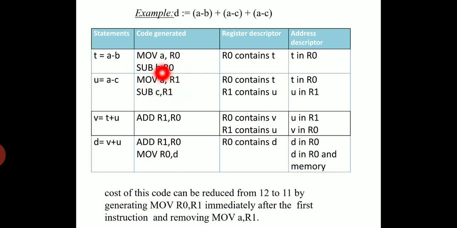Here the cost will be, because it is one memory location and one register, the basic cost plus the cost for the memory location, so 2. If instead move R1 comma R0 or move R0 comma R1 is there, that means the registers are only specified in the source and destination. So the cost for that particular instruction will be only 1. So we can reduce the entire cost of this code to 11.